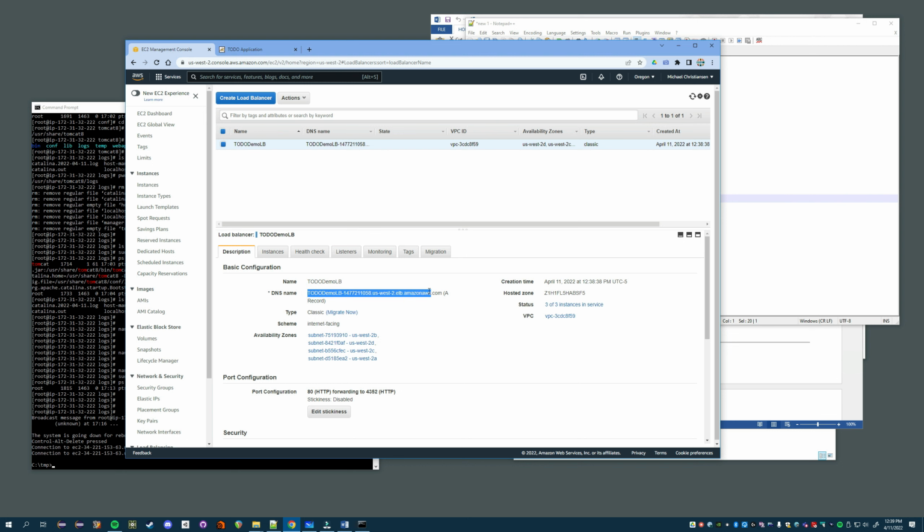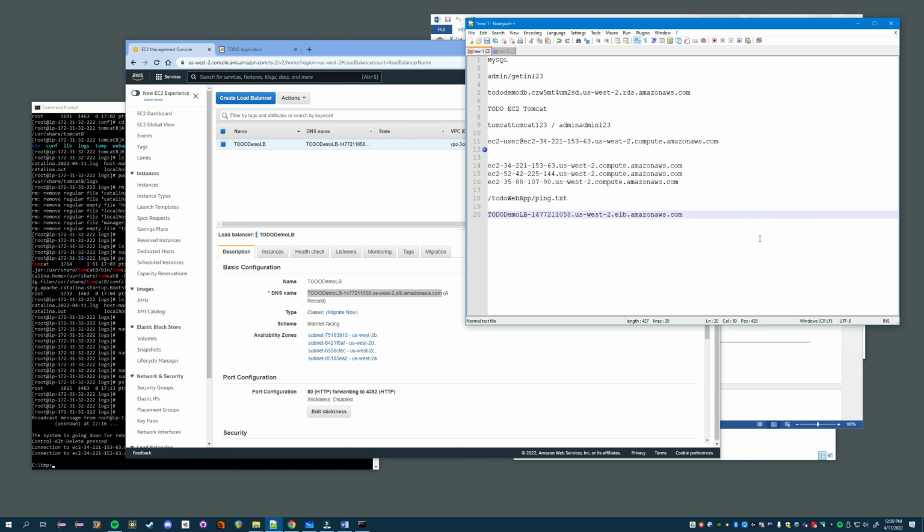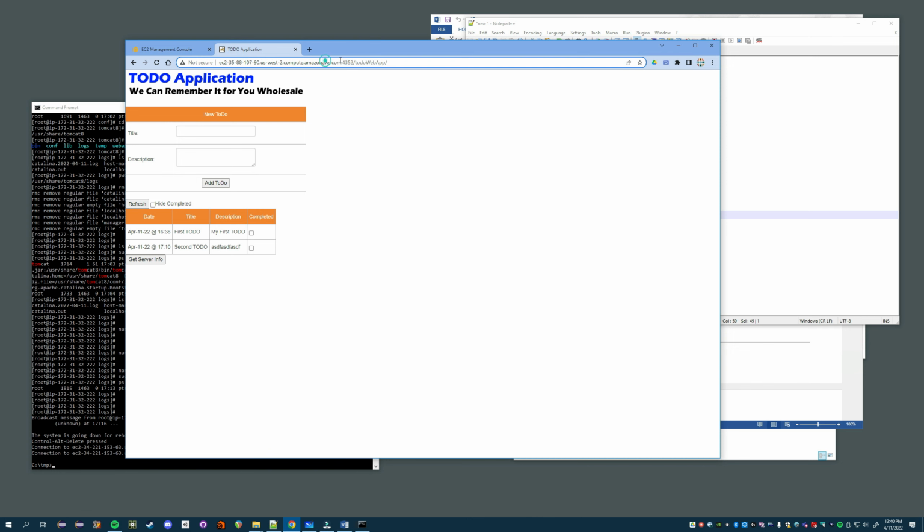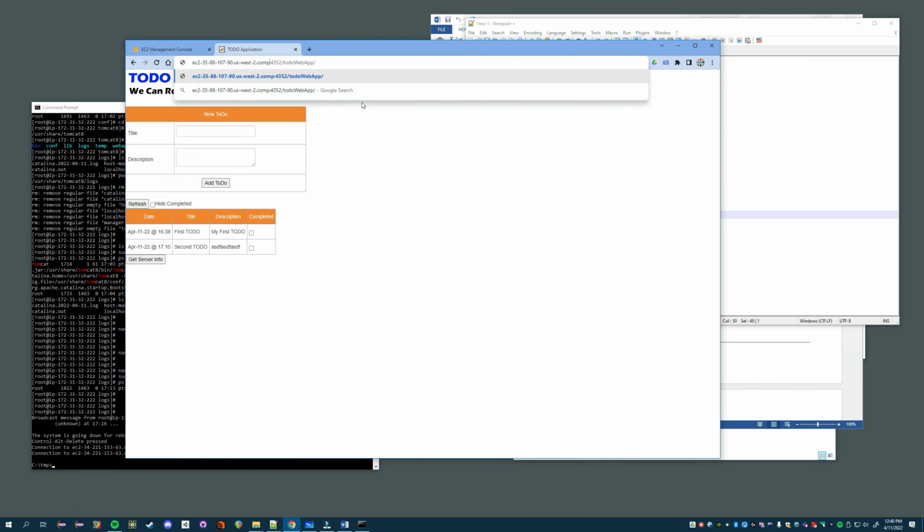Okay, so now we need the address of the load balancer, which is right here. So select that, up to the .com. You don't want the A record. I'm just going to copy that over here. No spaces or anything. Good. And now we're going to go back to here, and we're going to paste in the load balancer, hit return,